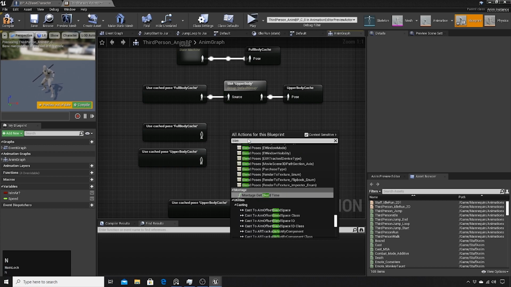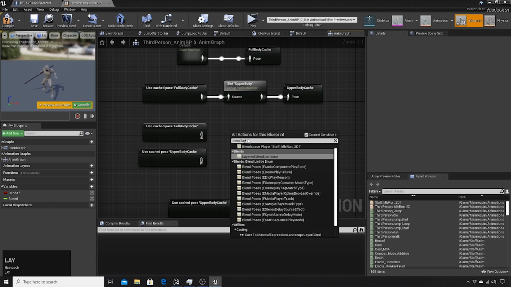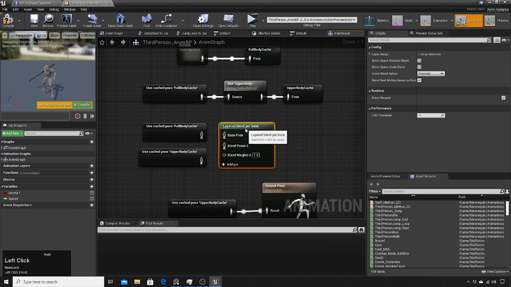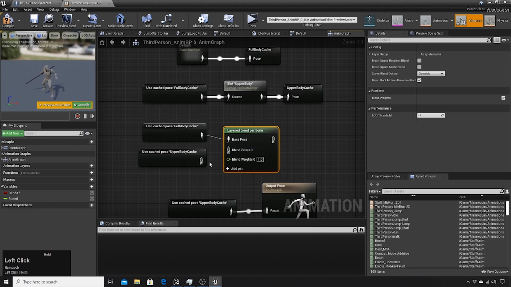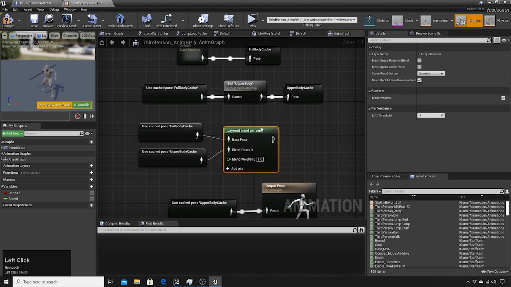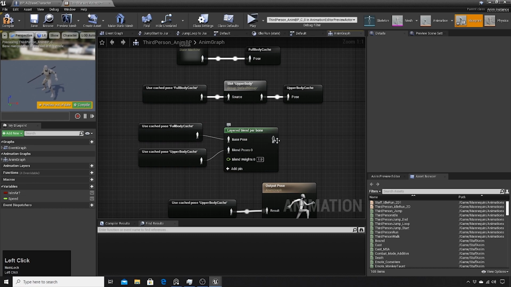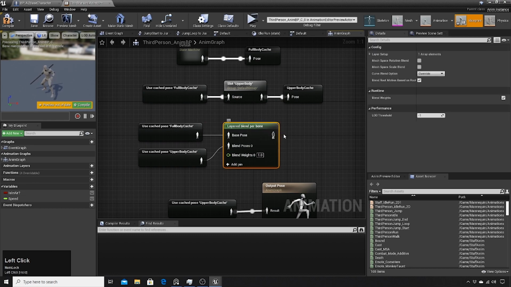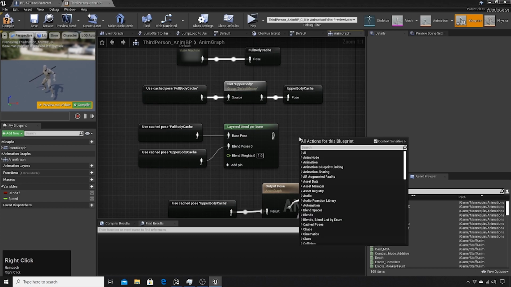So I'm going to use the layered blend per bone node, and then we can store these poses in a cache. So let's create a new cache,